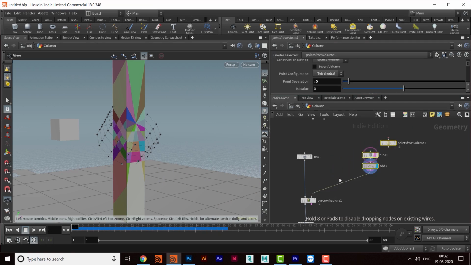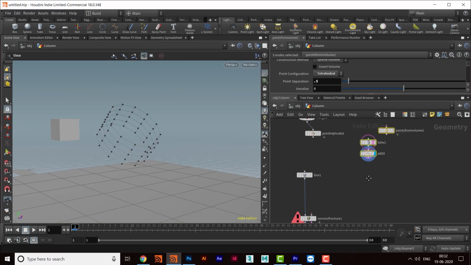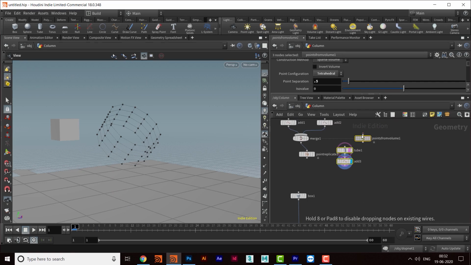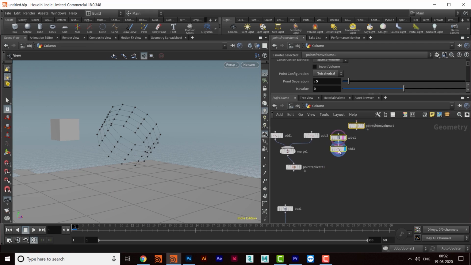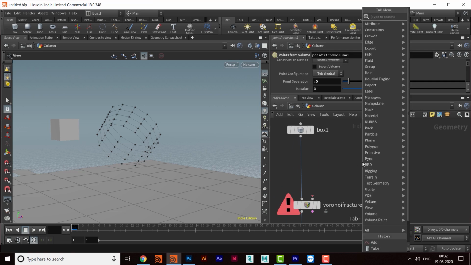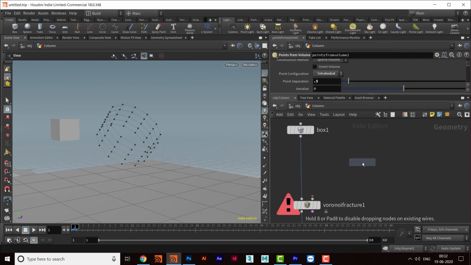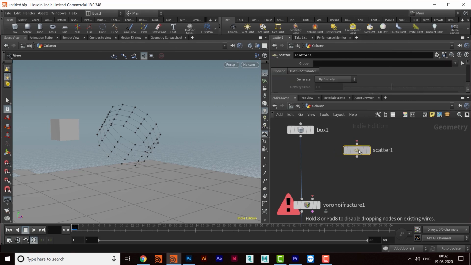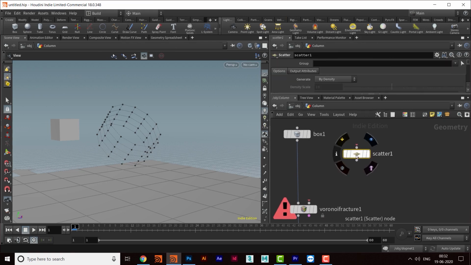Okay, so I will take this out, and then I want to go to some other option, the option which is used the most while creating these chunks. So now I will come to the scatter node. This is the most usable node while creating these kinds of chunks for destruction.